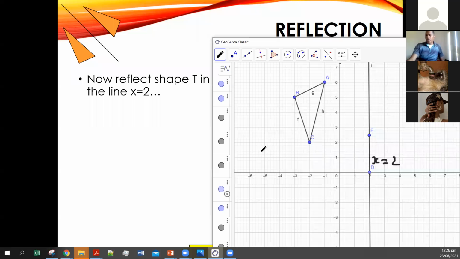And this is one of the things that I mentioned, that instead of us reflecting it on the y-axis, all right, this one is the y-axis, but this is called x equals 2, all right? All the points on this line, we have explained this before, the x values are always 2. For D and for E, there will be x equals 2. So instead of us going now from A, I'll use a segment if you want to verify. Instead of us going from A to here and then here, we have to go now all the way until